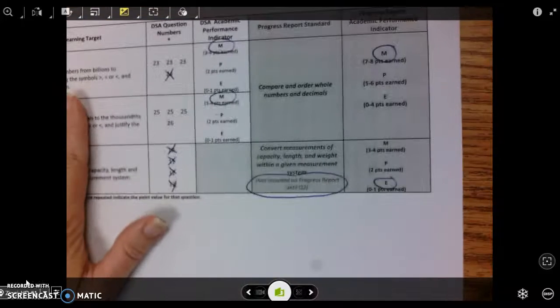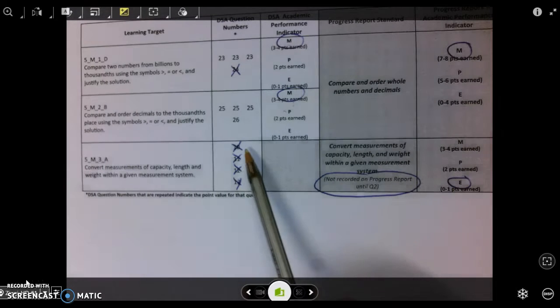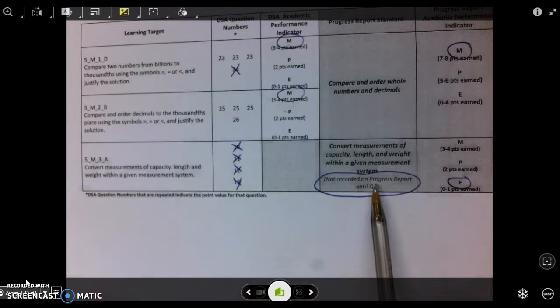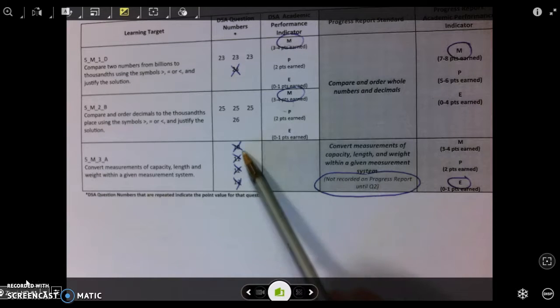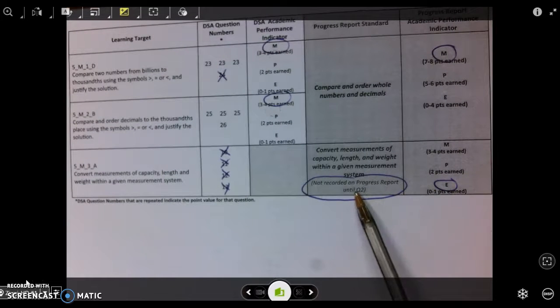If you flip over to the back, you'll see that measurement is recorded on quarter 2. So we're still going to practice that. A lot of students had a hard time with converting measurement. You can see that I had a hard time, and there's an E there, but noted that it's not recorded